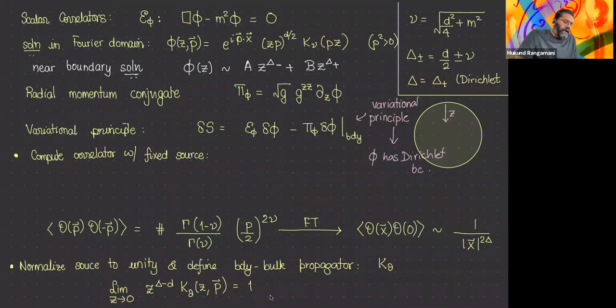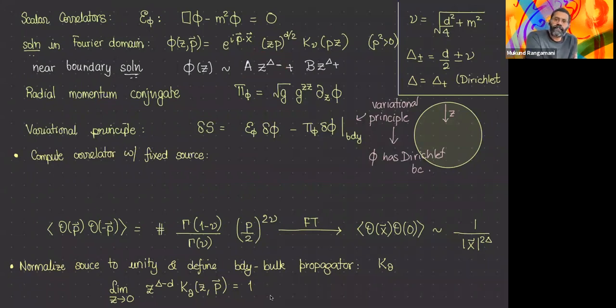This takes care of one boundary condition. This is a second order differential equation, and I want my solution to behave smoothly at the origin. That tells me that I have no choice but to have the slow fall-off mode at infinity,